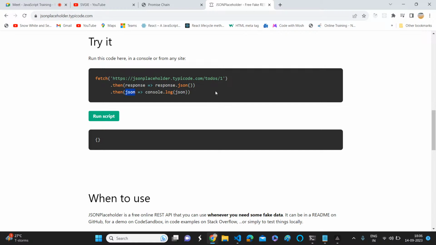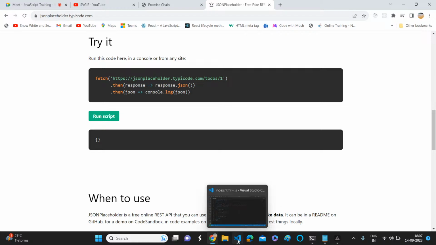So here is a simple two-level promise chain. If we have 10 or 12 levels of promise chain, it is going to be more and more complex. So let's build our own promises and chain them, and understand the pain of building this promise chain, so that we can easily understand the importance of async and await.